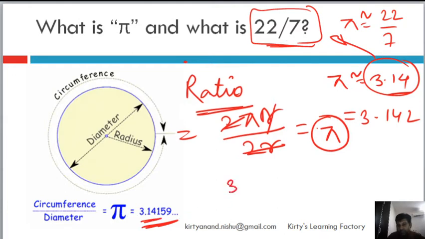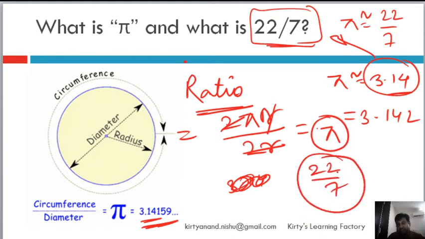So basically 3.14 was taken, and then the closest estimation of the value of pi was done as 22/7, and this value that you see, 3.14, which is also approximately equal to this value, is just a decimal representation. So that's pi, and pi is an irrational number.